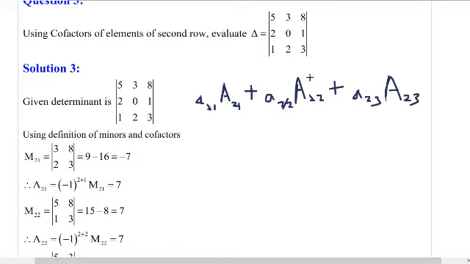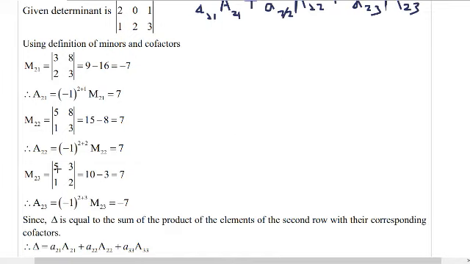Okay, similarly, for a22, we'll find cofactor A22. So on hiding this element by row and column, we'll get 5, 8, 1, 3. On solving, we'll get 15 minus 8, which is 7. On adding this up, 2 plus 2, 4, which is even. So the cofactor will be same. That is, there is no change in sign because it is even. Now we'll hide this element 1, which is a23. On hiding, we'll get 5, 3, 1, 2. On solving, we'll get 10 minus 3, which is 7. The sum of these numbers is 5, means we have to change the sign to find the cofactor, that is minus 7, right?